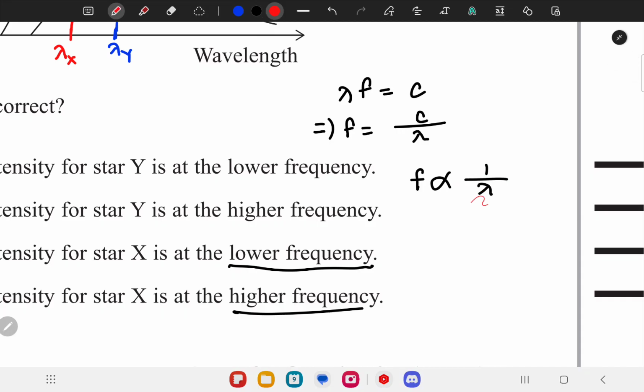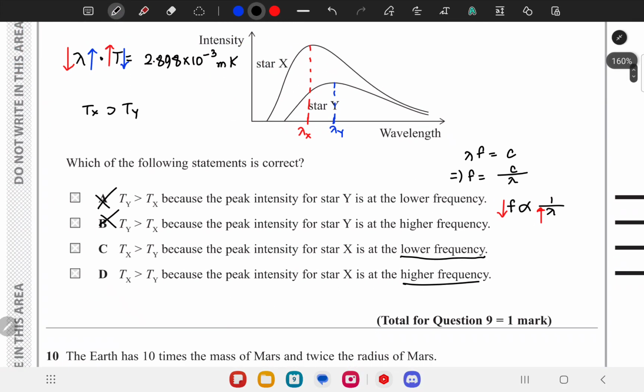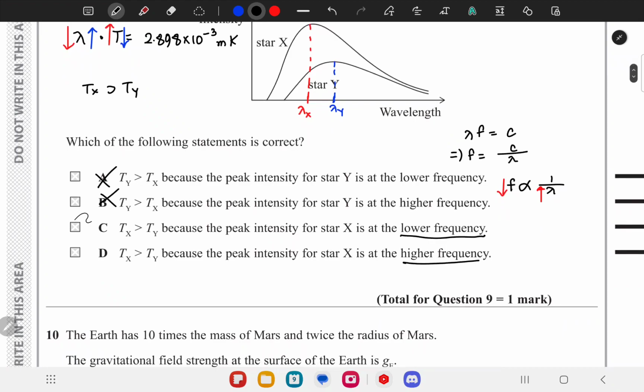For star X, the peak wavelength is larger, so frequency is smaller. So X has a lower frequency. So C is our answer. Oh, my bad. X has a lower peak frequency,